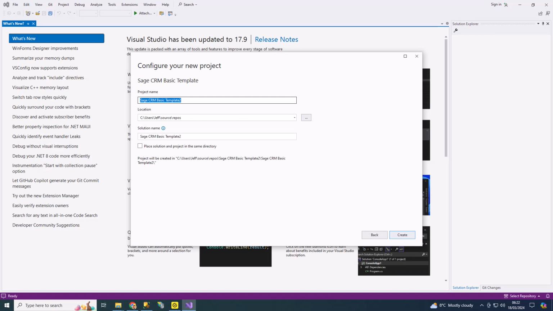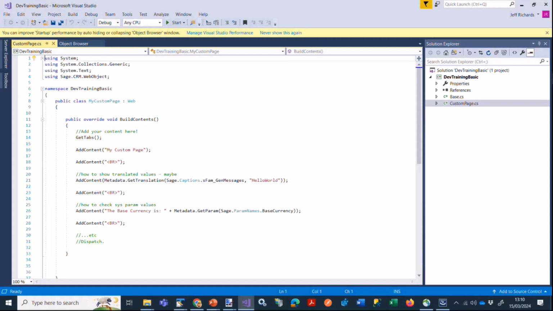So here, once you start a project and you choose, click, I want to run this, you will be invited to name your project and it's saved and opened. So you might be putting it down into repos, wherever your project definition is. That's where my things are saved. I've called my project here Dev Training Basic. So I can look at Dev Training Entity next week,